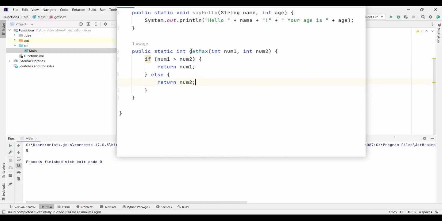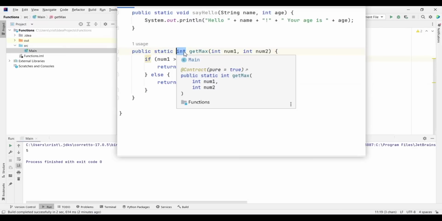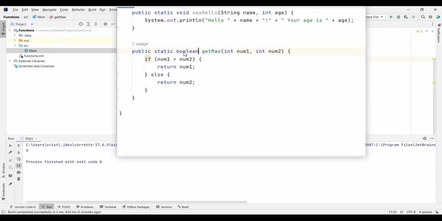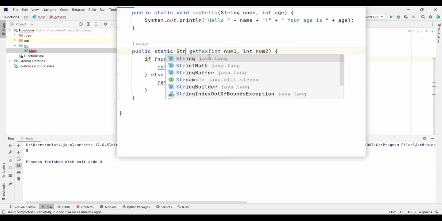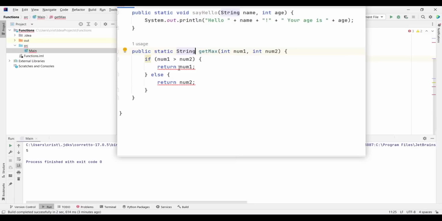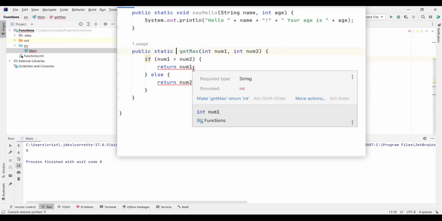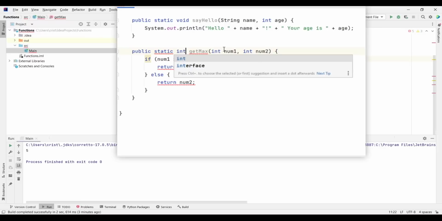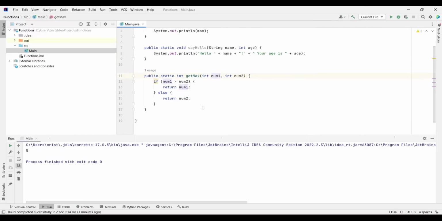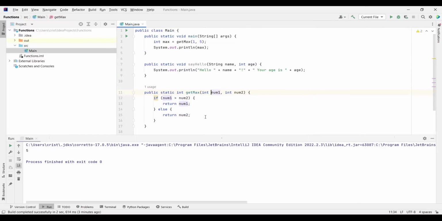And if you want to return something else, you simply change the return type here. So if you want to return a boolean type, you just type boolean here. And now we have an error because now it wants to return a boolean. If you want to return a char, you just type char here. If you want to return a string, you put string here. And you will return a string value, but now we're returning an integer, so that's why you have those in red. So it's up to you what you want to return, depending on what you're trying to do. So this is our discussion about return types, and see you in the next video.